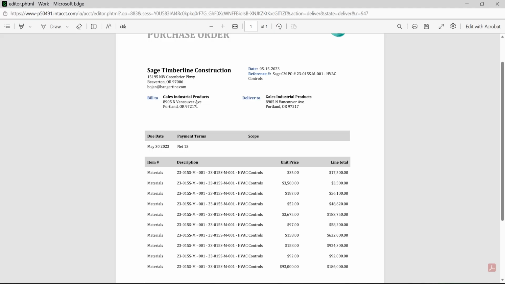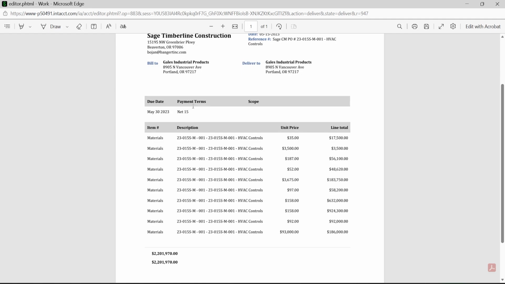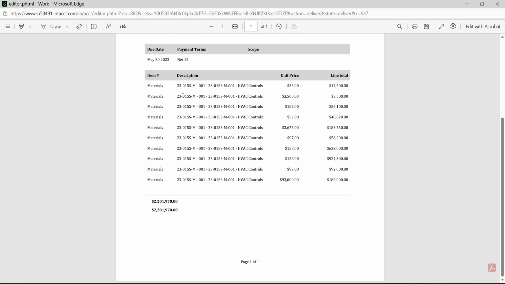I have the bill to. I changed that ship to delivered to. Due date, payment terms. These are all merge fields that I showed you in the table. And then I added a section for my scope. We updated the item description to the memo. And then we have our unit price and line total and the subtotals here.